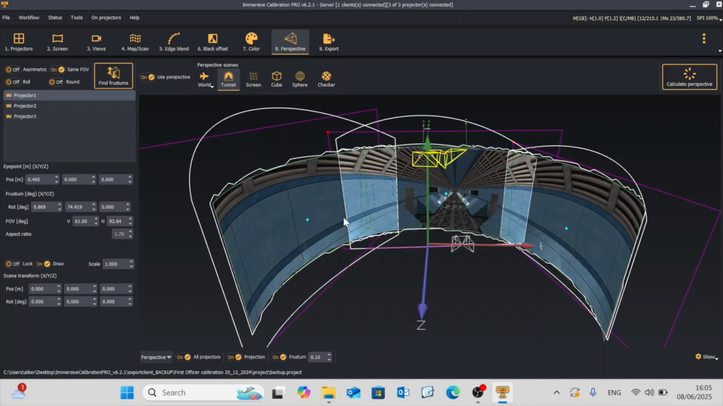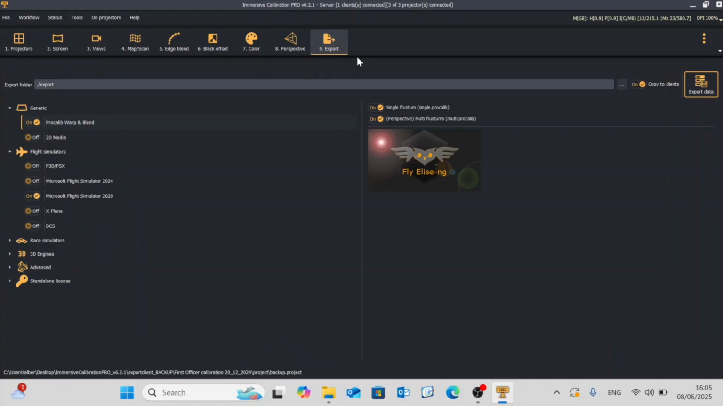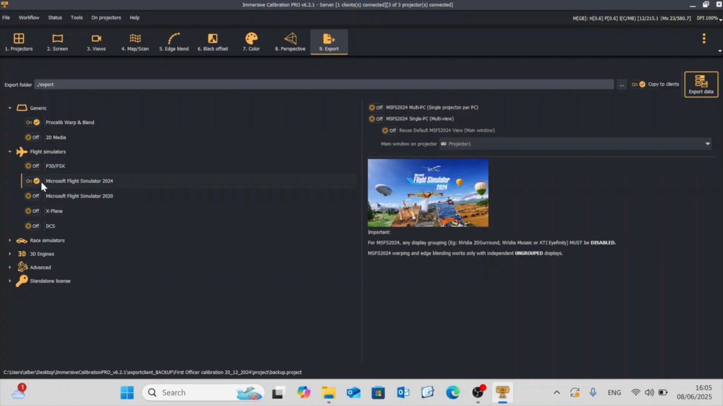Okay, if we go back to the typical tunnel, and you are happy and we calculate everything, then we can go into the funnel set, which is export. Over here, very important, first of all we need to have ProCalib warp and blend on. For Flight Simulator, in this case we don't want the 2020, so we can turn this off, but we want the 2024. For 2024 you have different